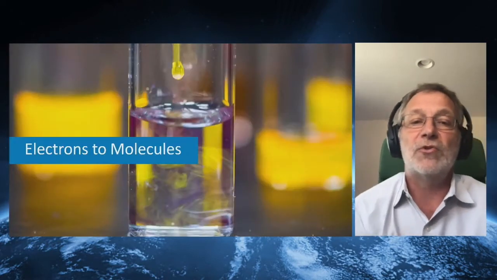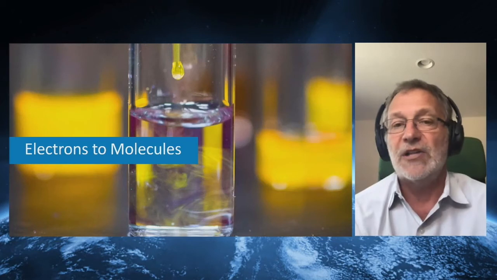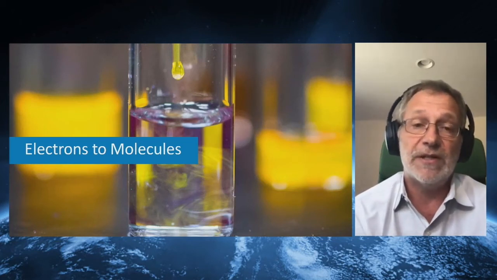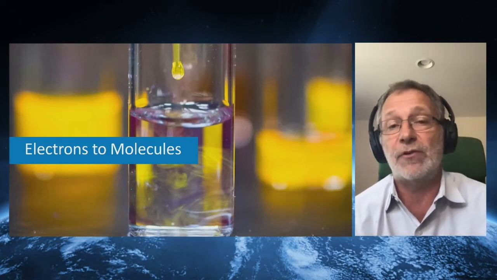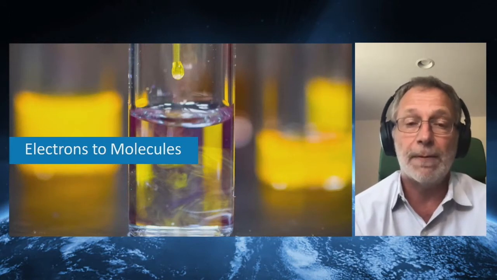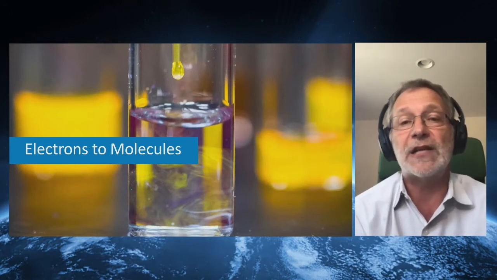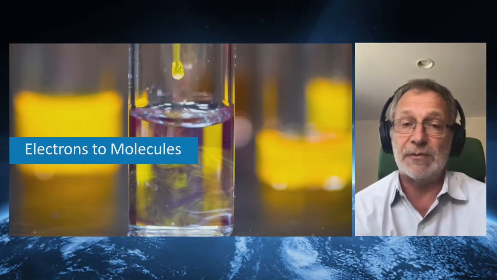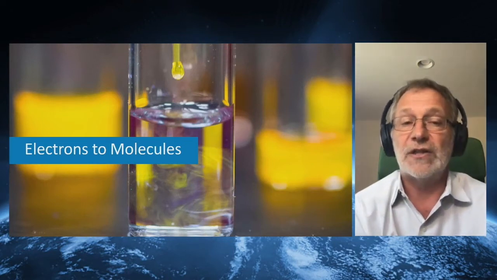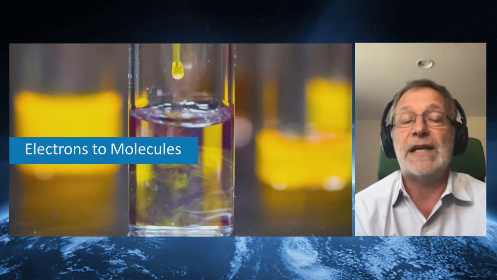Now let me go over to so-called electrons to molecules. I told you that we will see a huge increase in hydrocarbons. We will need them for the future. We will need to not only produce food, we also need to produce molecules and materials for the future in a more sustainable way. At the same time, I told you that electricity will very likely be the cheapest way of producing energy. So the idea is, what if we take electrons?